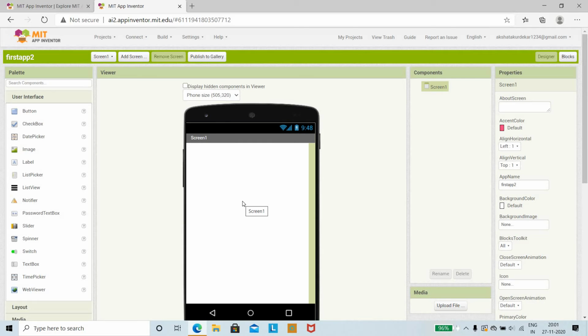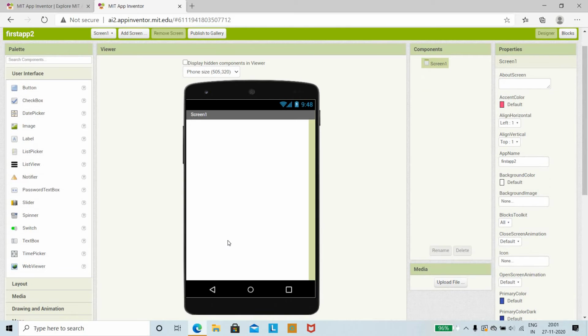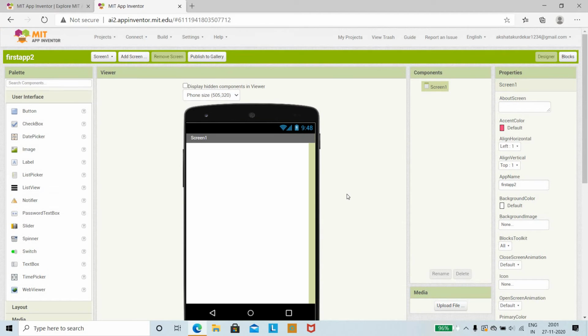At the other end you are going to design the blocks, that is based on the pseudocode. Simply you are going to design the blocks, and this will allow the interaction between the components and the blocks. So you can build the application or an Android app, and you can easily view it on your Android phone.